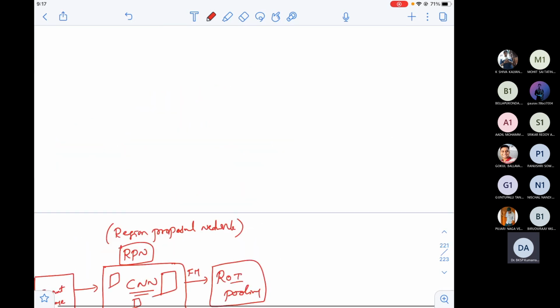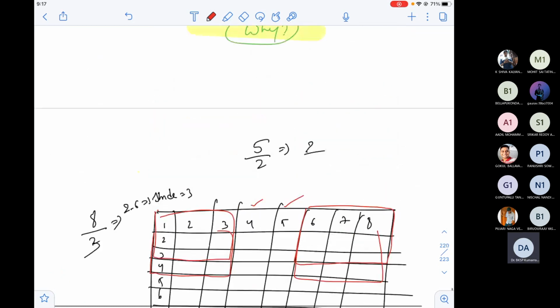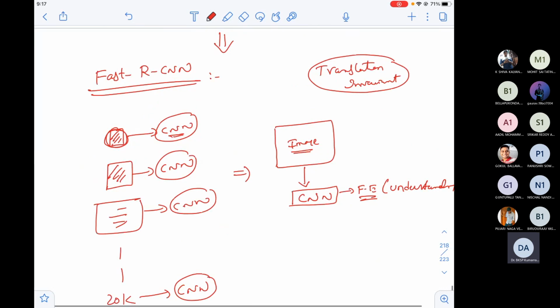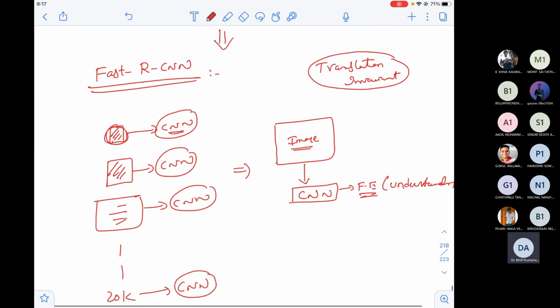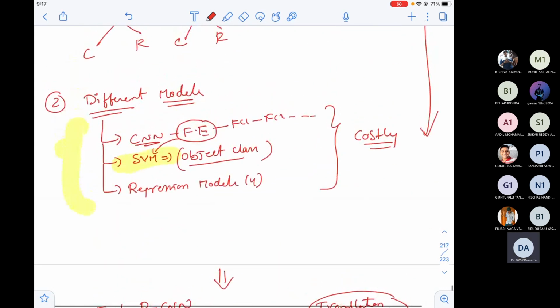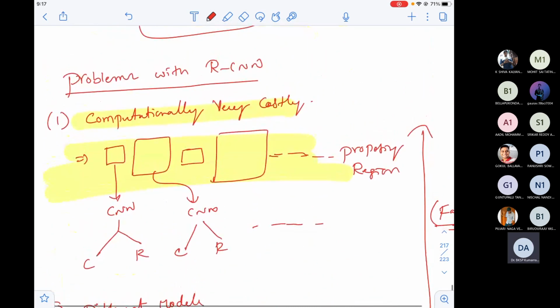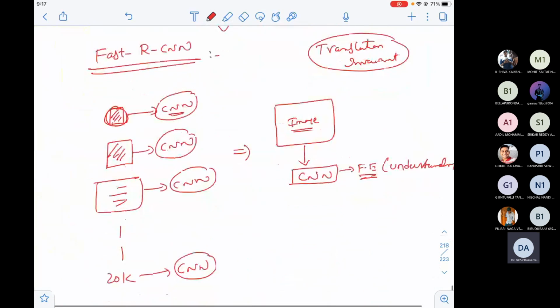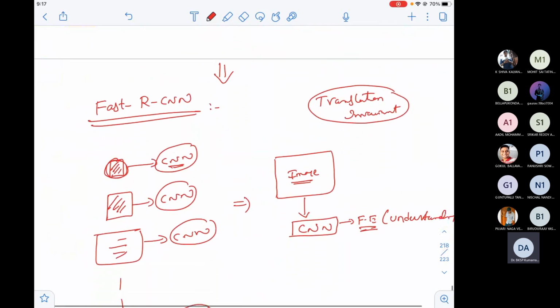Did I discuss that with your slot? Did I discuss about ROI pooling? Can anybody tell me? I think not. Oh my god, I forgot, because I think I discussed it in the other section. Did I discuss the Fast RCNN architecture first of all?